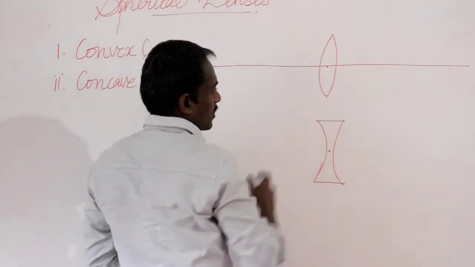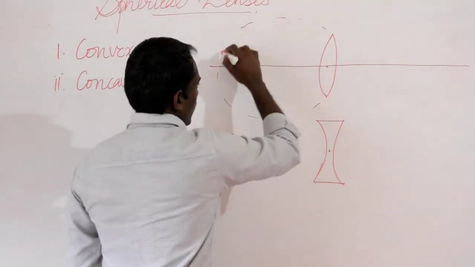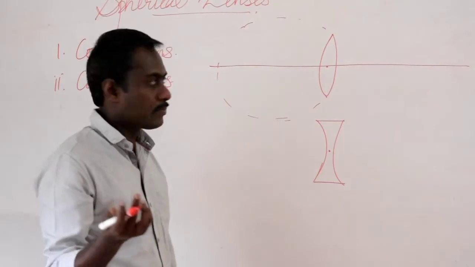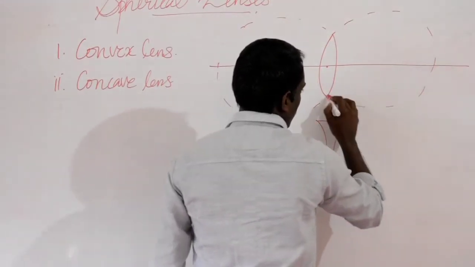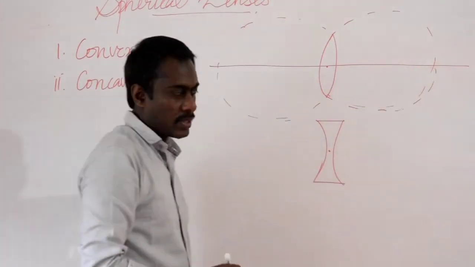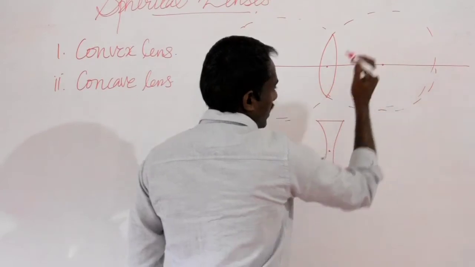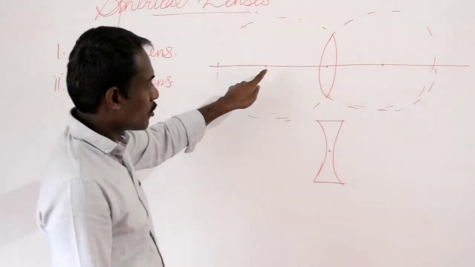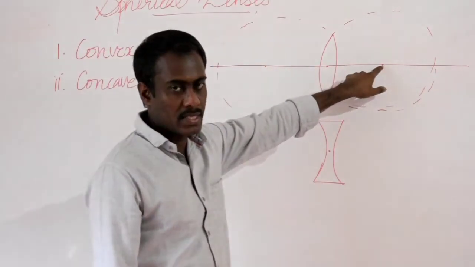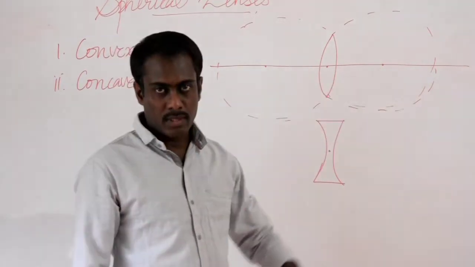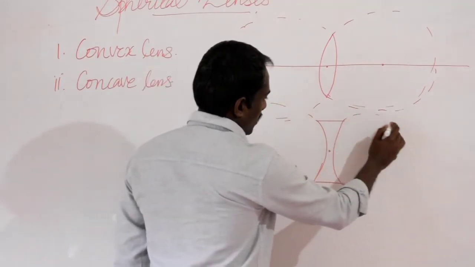If we extend both surfaces in this way, we will get a circle. If we extend the other surface, we will get another circle, and both circles have a center. The line passing through the centers of curvature of these two imaginary circles is the principal axis of the lens. In the same way, for the concave lens, if we extend the surfaces,